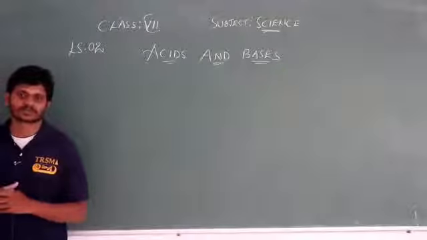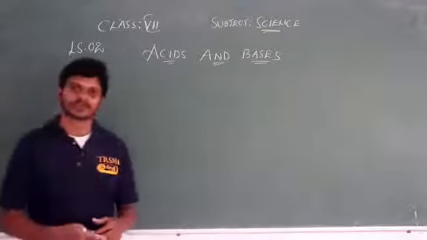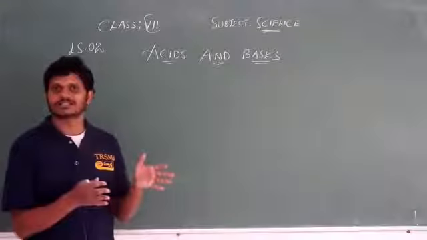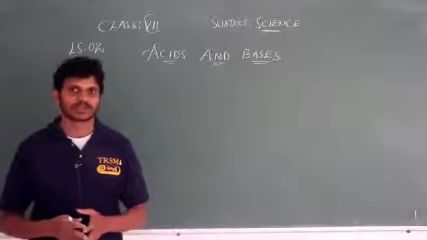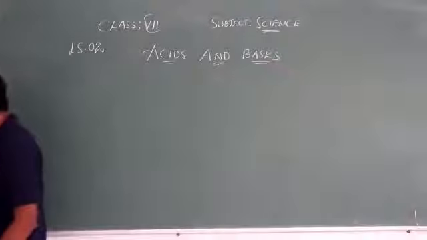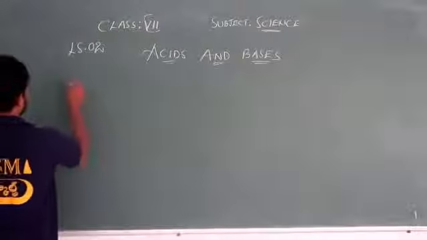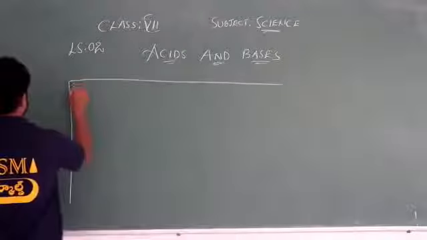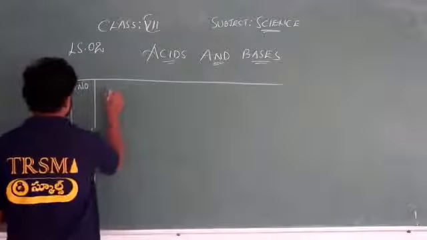First list out those, and later, topic after topic, we will discuss acids and bases, and also neutrals. First, make a tabular form like this. Here serial number, next sweet substances,